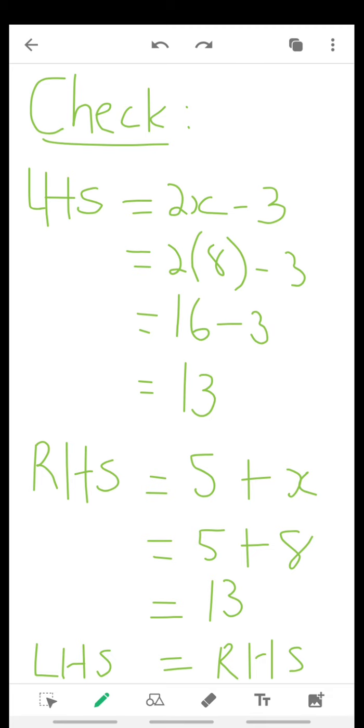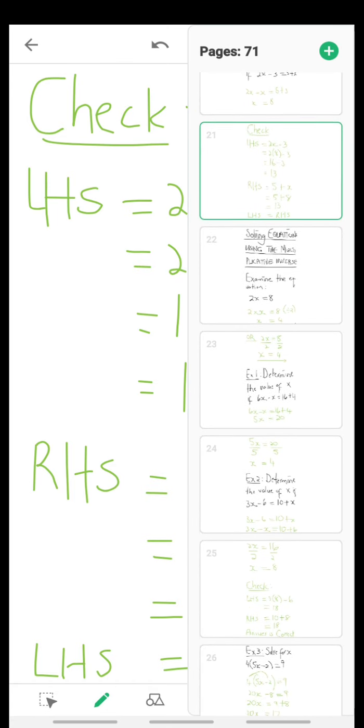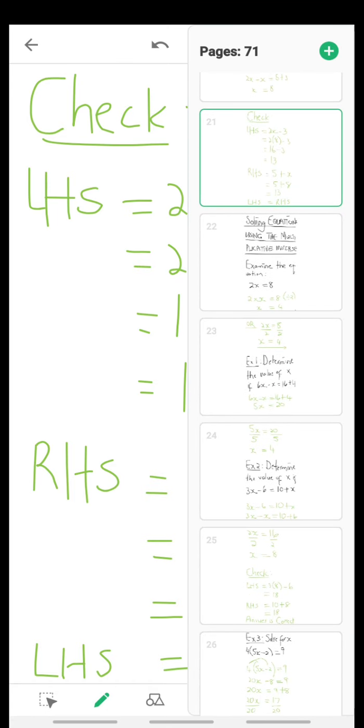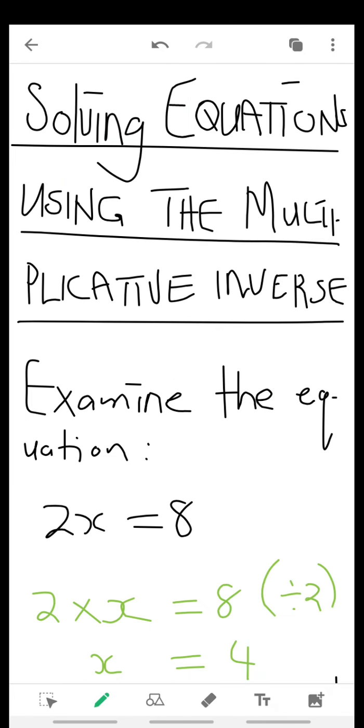So what do you notice? The left-hand side was 13, the right-hand side is 13. Therefore, the left-hand side equals the right-hand side here. And what does that mean? It means our answer is correct. You don't have to always show the proving that the left-hand side is equal to the right-hand side. You'll only do it if you are asked to do it. But also, it's important that you use it to check whether you have done the correct procedure and your answer is correct. Now, let us go to the next